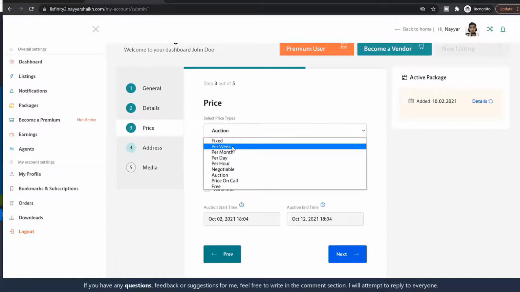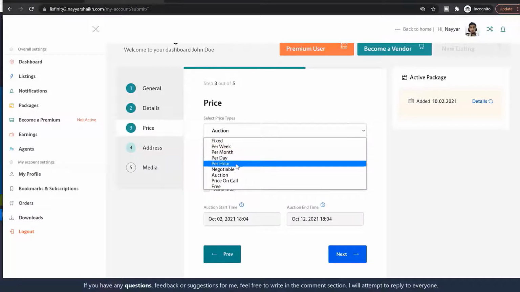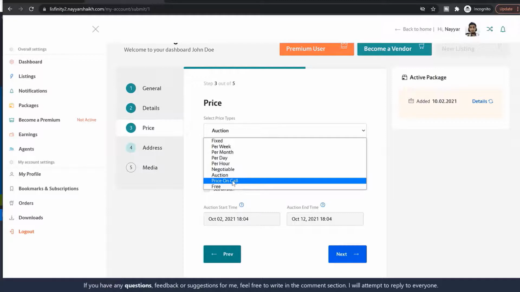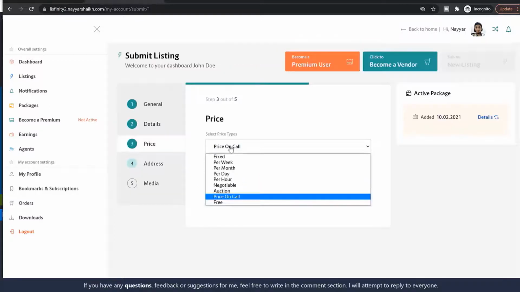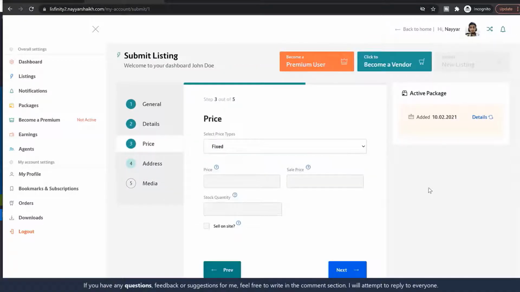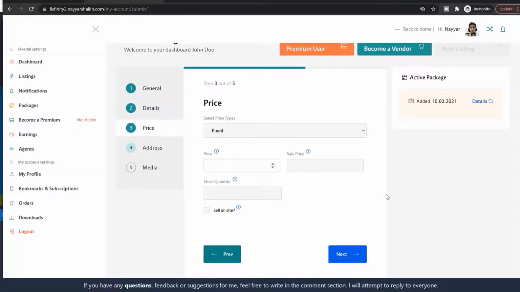If you want to rent it, then you can give the price for per month, per week, per day, per hour. Okay, if you want to give price on call, you can select this option. So price will not be displayed. People, when they call, you can tell them the price. So maybe I want to give it a fixed price. Maybe the price is $25,000, and I can negotiate a little bit. So maybe I'm giving it at 22. Okay,